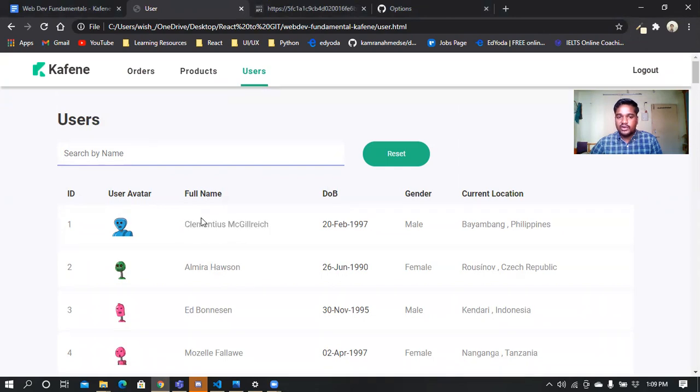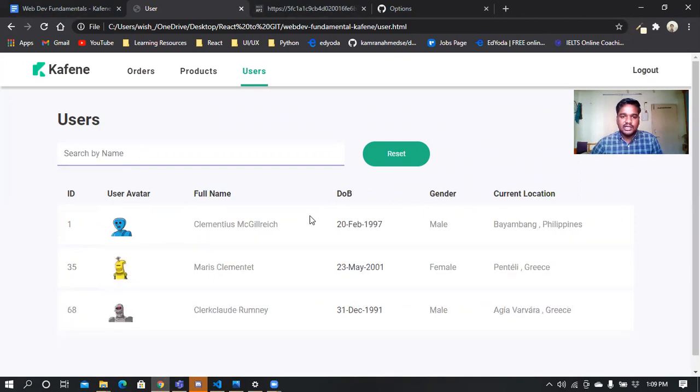For example, now CLE is a part of the first record's subset. Okay, it is a subset of the first record's full name. So we can just try CLE in here and see if things work. You can see it works. It filters a few records compared to the subset we provided in the input box, and accordingly the data gets rendered and presented on this page.